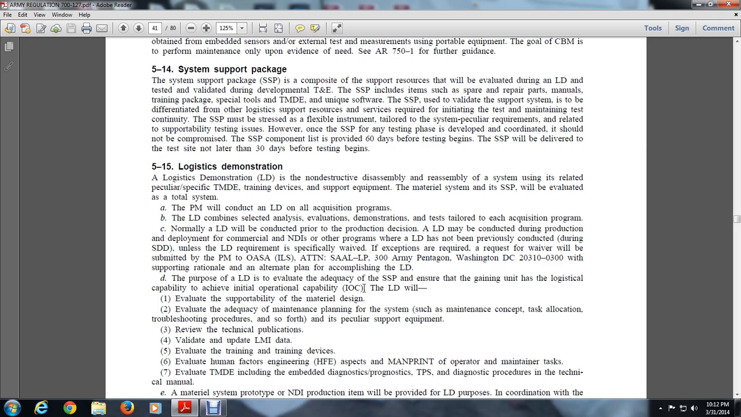The program manager will conduct a logistic demonstration on all acquisition programs. The logistic demonstration, including analysis, evaluation, demonstration, and test, is tailored to each acquisition program. Normally, a logistic demonstration will be conducted prior to the production decision. A logistic demonstration may be conducted during production and deployment. The NDI or other programs of the logistic demonstration have not previously been conducted during this supportive